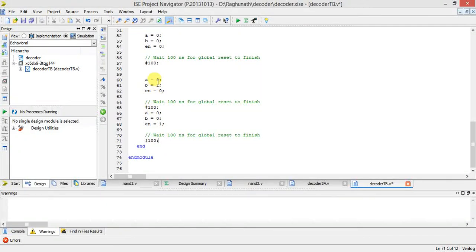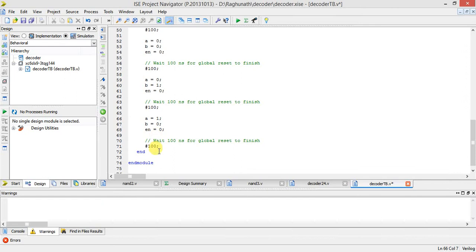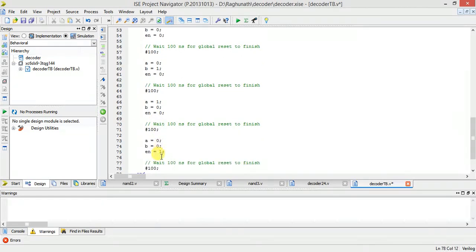Now A is 1, B is 0, enable is 0. Next, last combination, A is 1, B is 1 and enable is 0.